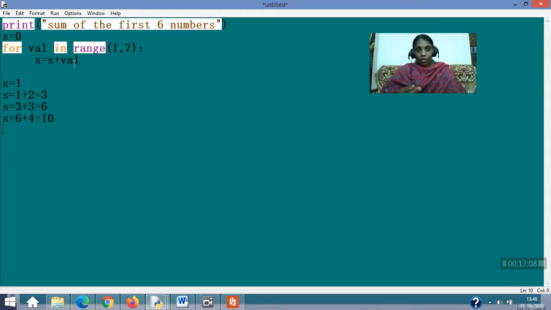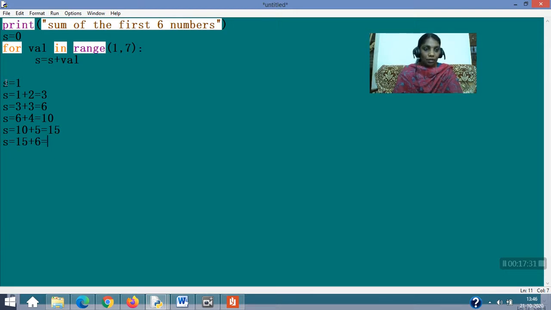Correct. Now val is having 5 and you already have 10 there, so 10 plus 5 you will get 15. Finally you reach 6, and s is equal to 15, so 15 plus 6 gives you the final value, correct?